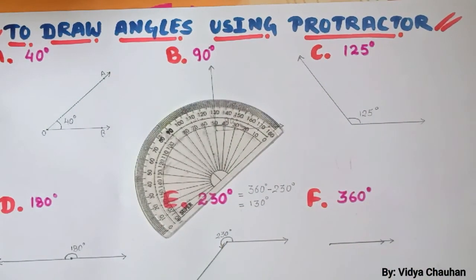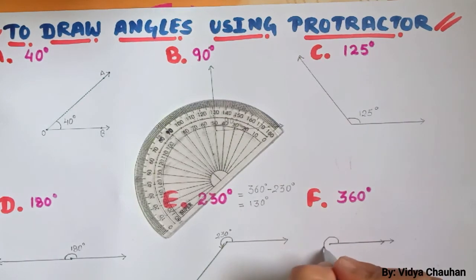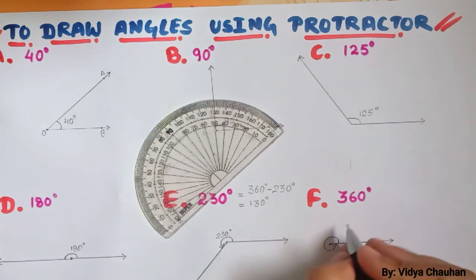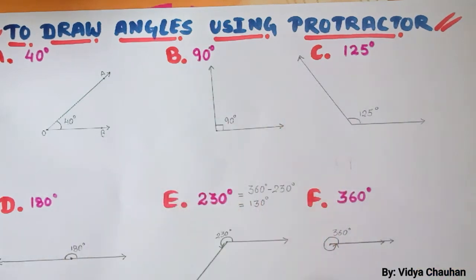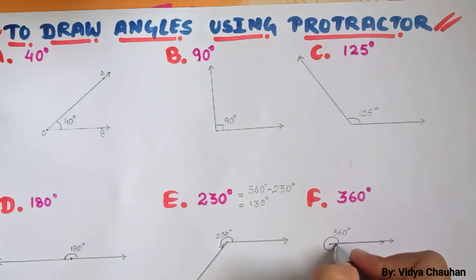So these are the two rays which we have drawn, and you will represent 360 degree like this. So this is a complete angle and you will write 360 degree. That means we have started counting and moving around all the sides, taking the complete circle, and we reach the same point. So this complete circle, this complete path is actually representing an angle of